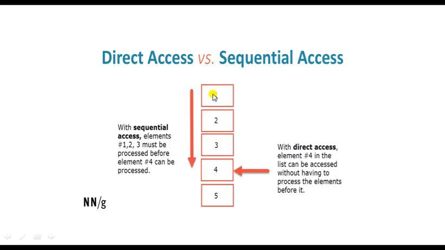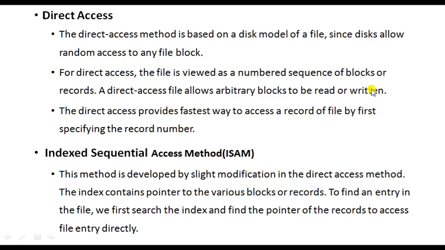So here every block is maintained as a record, and you should maintain that information. If you want to go to the fourth block directly, you can go to it by using that number, or if you want to go to the second block directly, you can go to it by using that number. So here you can use record numbers. When compared to the previous method, direct access is the fastest way to access the record.